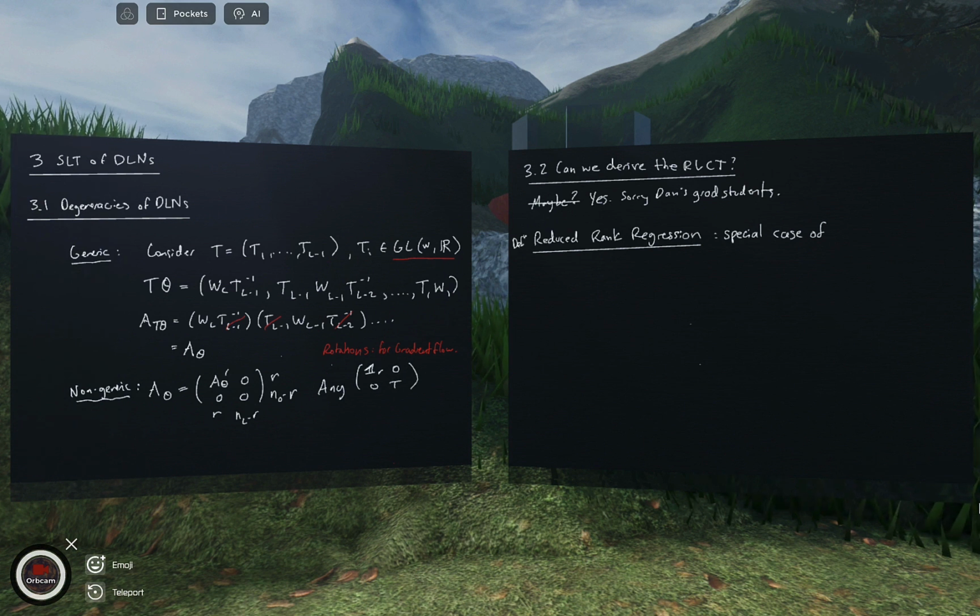I guess I shouldn't write this down for DLN, where the number of layers equals 2. And so we'll just write it out a little differently. I'll write it out in the way that Aoyagi and Watanabe write it out.